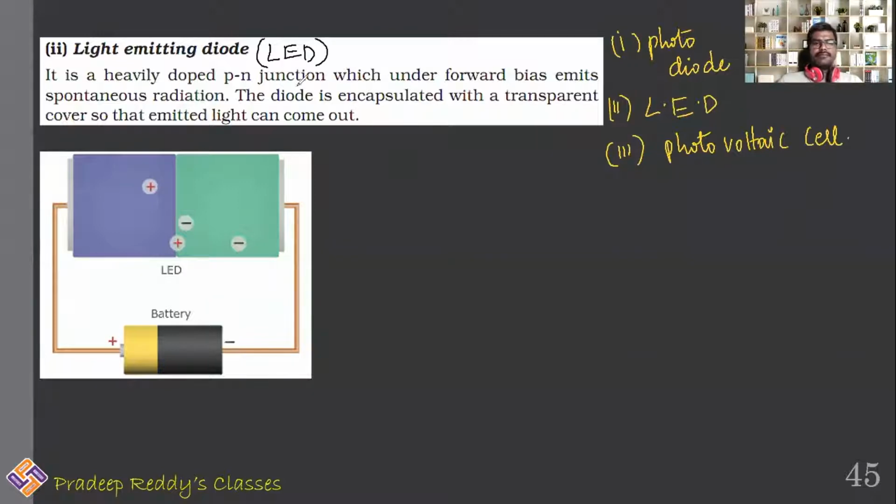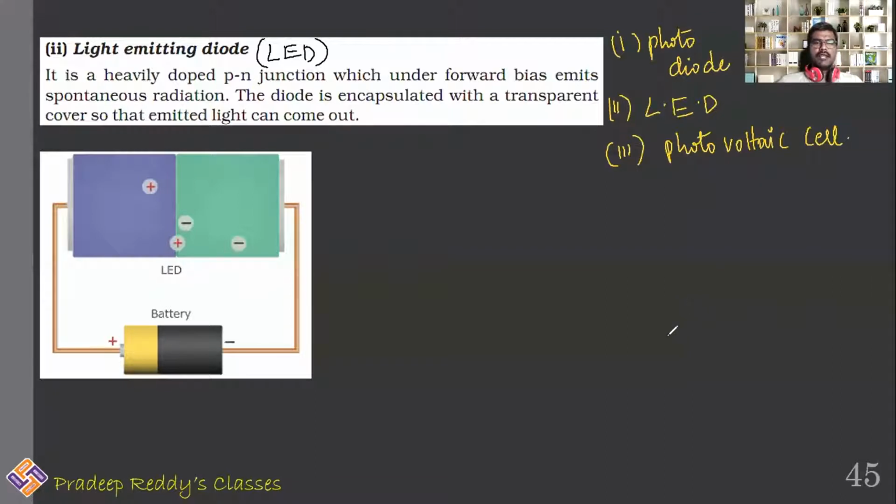In our daily life, we use LEDs in different cases. In remote control, there is one light emitting diode present in front, and similarly for decoration purposes we use light emitting diodes. And of course, now the headlights of bikes, automobiles and cars are being replaced with light emitting diodes, and the street lights are also replaced with light emitting diodes. So there are many practical utilities of light emitting diodes.